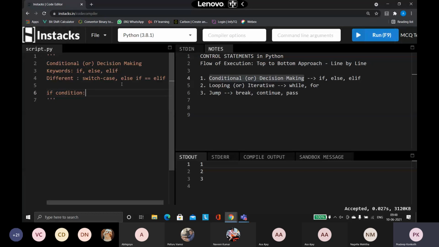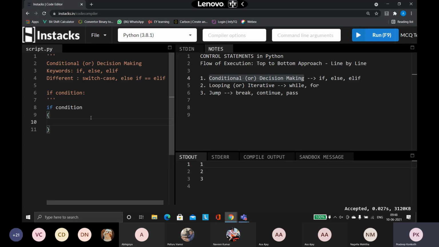Now why is the colon very, very important? Please understand, in Python we do not make use of curly braces. Normally in other languages we say if, specify the condition, and after the condition we open curly braces.